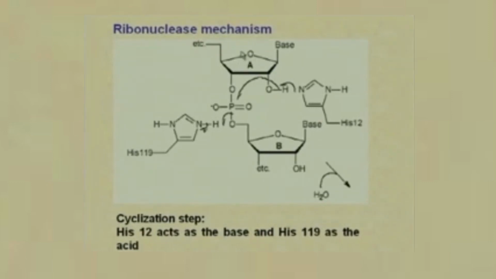Okay, because the RNA forms a chain, and we have the two ribose sugars in this case marked A and B, and we have bases, purines or pyrimidines, that are going to be attached to where the base is written. When we study the structure of RNA later on, it will become more apparent as to what exactly these bases could be or how the chain is linked. But for now, what we need to know is